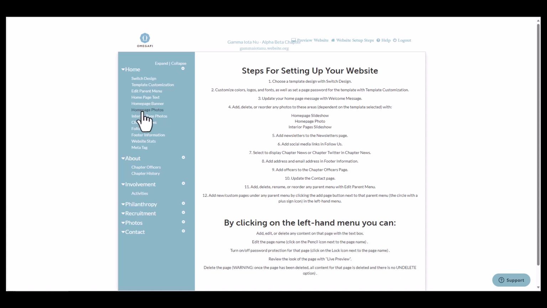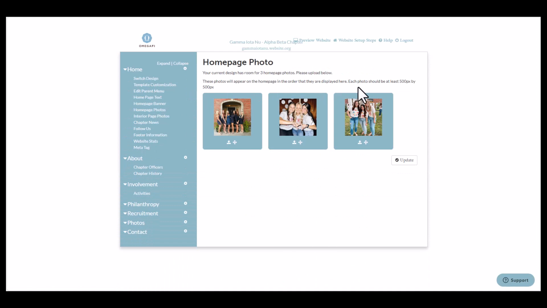Here under homepage photos, it tells you that each photo should be at least 500 pixels by 500 pixels. So you can upload a picture if you go to canva.com, and then within Canva you can choose your sizing, and you can choose 500 pixel by 500 pixel. And once you're done with that, you can then download it to your computer and then upload it to this